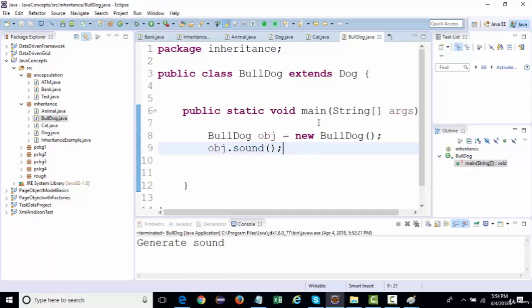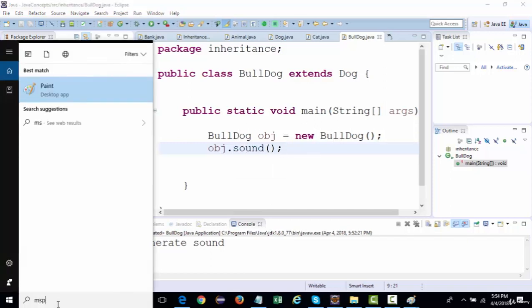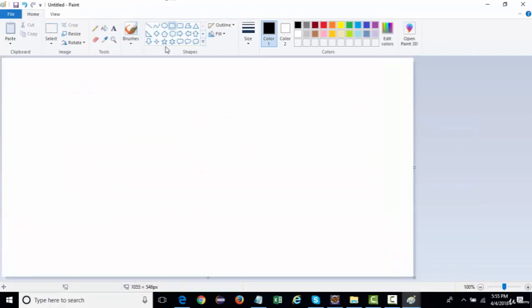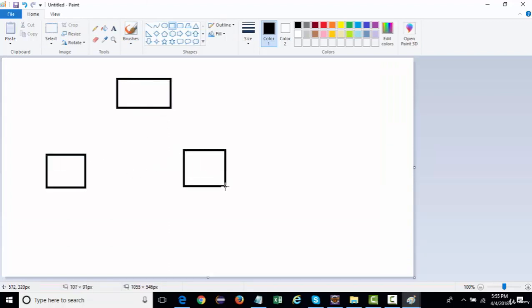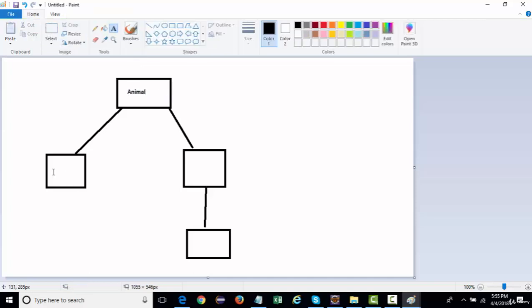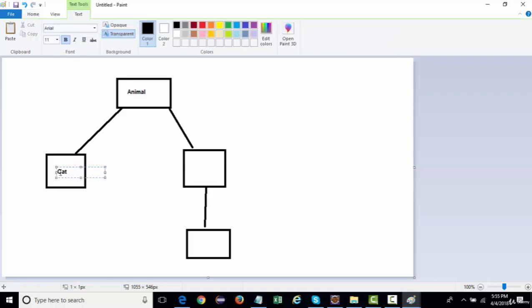Now if I draw another diagram over here, it will be like this. We have a parent, we have two children to that parent, and one child to this child. So animal is a parent, cat and dog are children of animal, and bulldog is a child of dog.